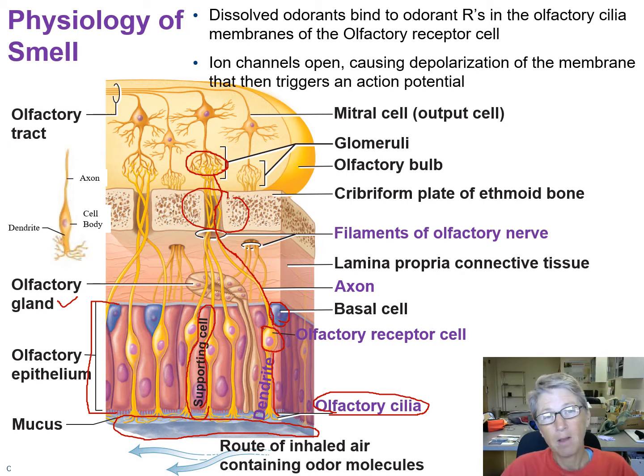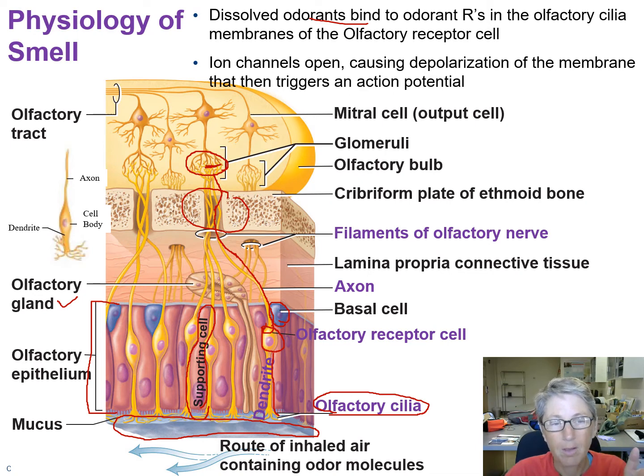And then I said this: dissolved odorants bind to odorant receptors in the olfactory cilia membranes. When those odorants bind, ion channels open and depolarization of the membrane occurs. If the depolarization reaches threshold potential in this area, then that axon will carry an action potential up to the olfactory bulb, and then that axon will release a neurotransmitter here that will bind